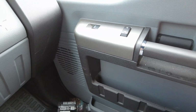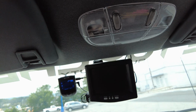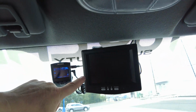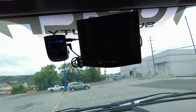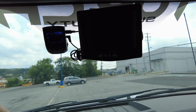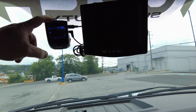The passenger side has their window and door locks, of course. Up above, we have a light with 2 map lights, and this is a monitor to run the rear camera, so that camera can stay on all the time, so I can see what's back there when I'm driving, just like a rear view mirror in a car. I also have my very important